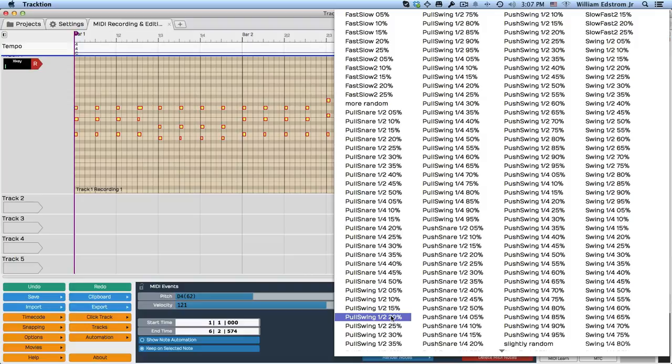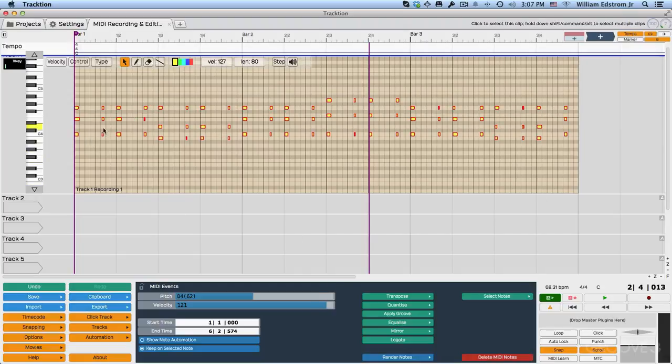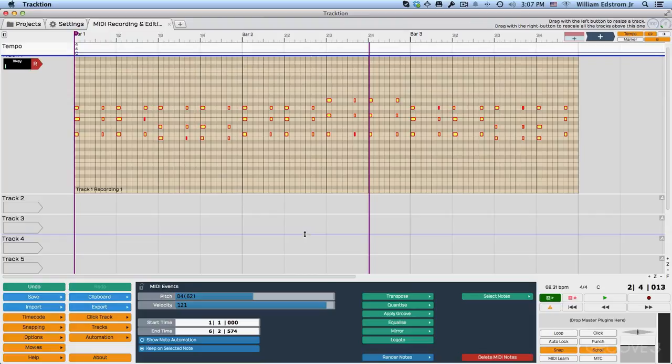So if you want to find the groove settings related to just standard swing, you're going to want to look at swing half, half meaning 1/2 beat. So swing half means these are eighth notes. And if you want to apply a pretty nice swing, then maybe something like 60% swing like this, and you'll see it pushes all the eighth notes to where they're a little late. It's going to give you a swing feel. And you can build grooves to your own definition, and if you wanted to see